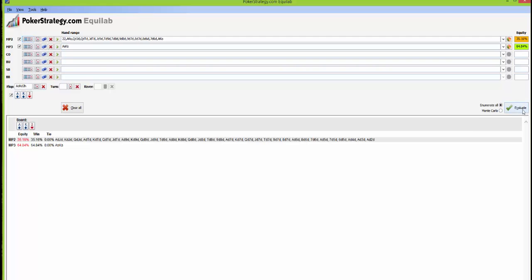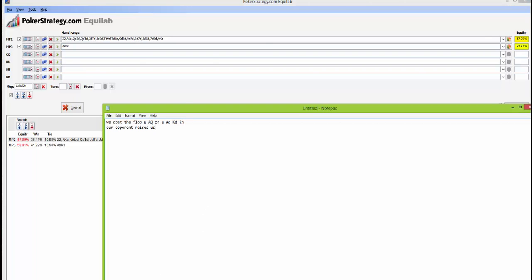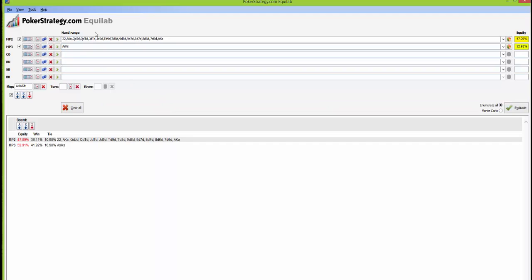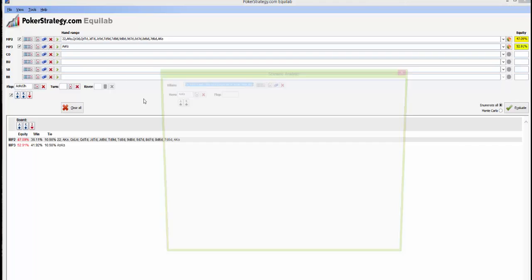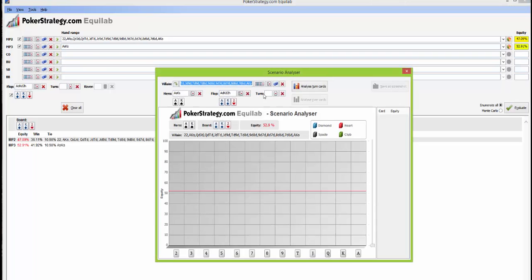So first of all, how well are we faring? We have more than 50% equity, which means that we have a very easy call. I don't think it's strong enough to re-raise, but it's definitely more than enough to call. So we're going to call off ace queen, and we're going to see how various turn cards will affect our equity. So we once again open the scenario analyzer,